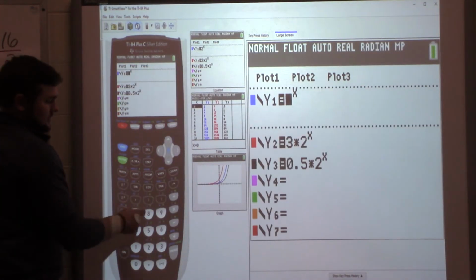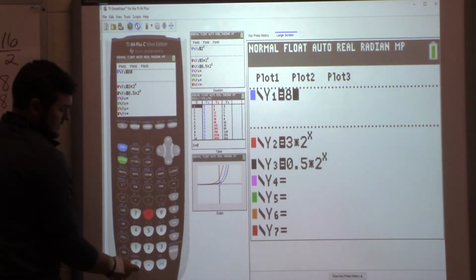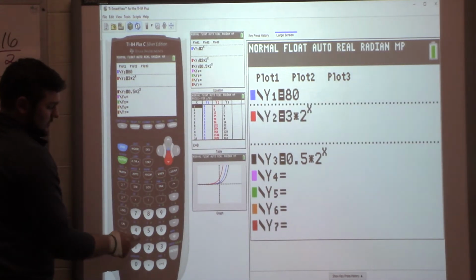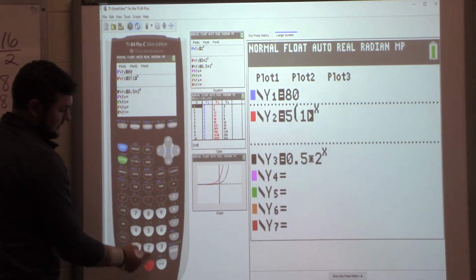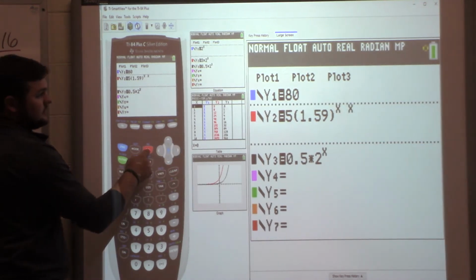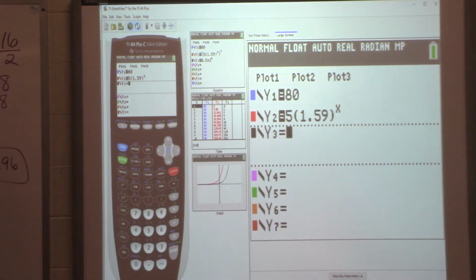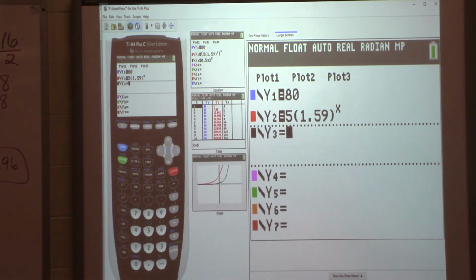Y equals, oops, excuse me, 80. Y equals 5 times 1.59 to the t or to the x, doesn't matter. Those should be the only 2 in there. If we graph it, and we find their intersection point, that'll tell us how many years it'll have to be. So if I graph